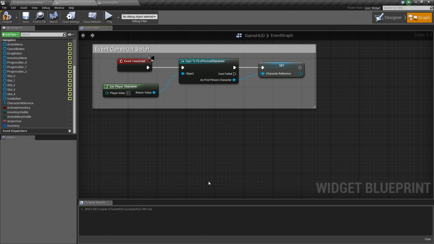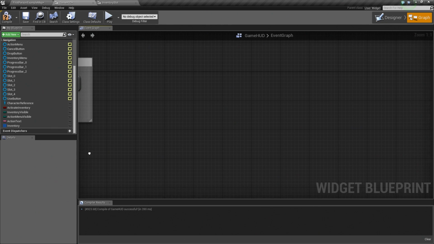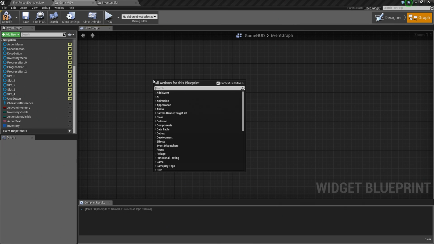So I'm going to delete this event tick here because we're not going to need it. I'm going to scroll over to the right here and find an empty space. I think instead of explaining as we go, we're going to focus on getting everything out on the table here, and then we're going to walk through it together and break down what everything is doing, so that hopefully it makes more sense in the grand scheme of things than on a more granular level. So with that, let's right-click in our graph and search for custom event.